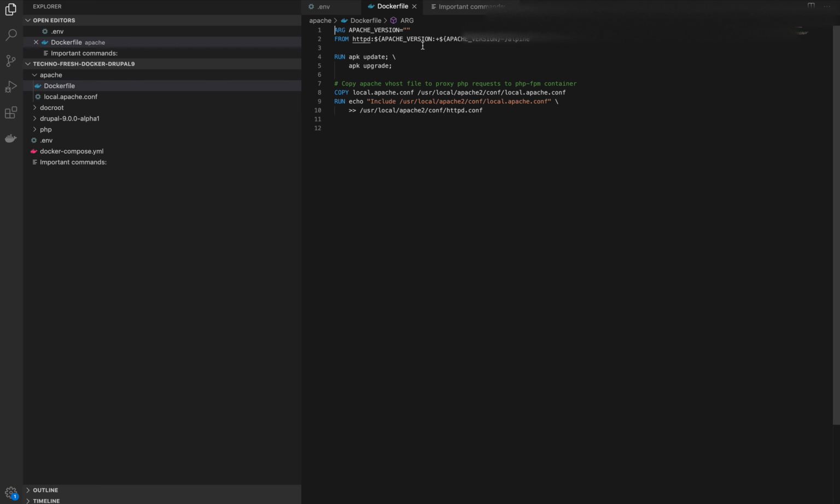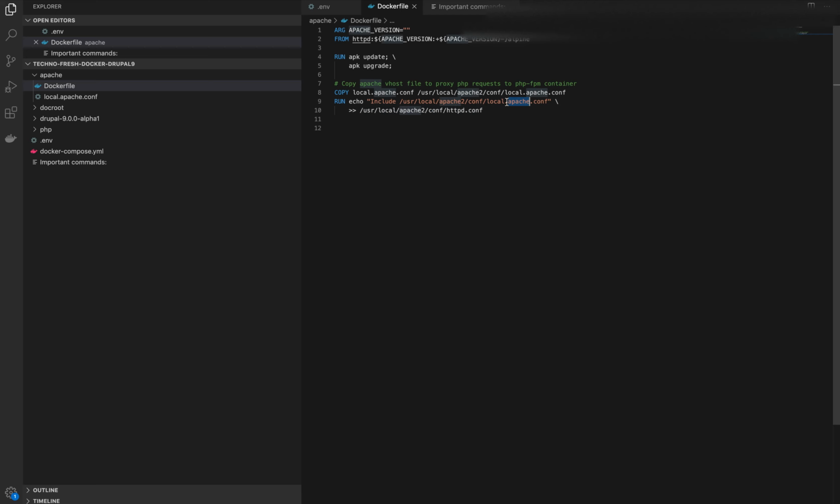In this Docker file I have given the Apache version, which is coming from the environment variable, and run the apk update and upgrade commands, and copying the local Apache config file to this location. I am running the echo command, which means this file is echoed and redirected to this location in the Docker container.